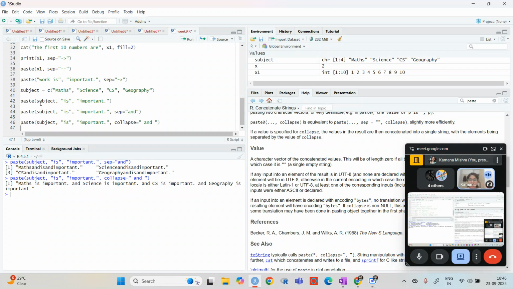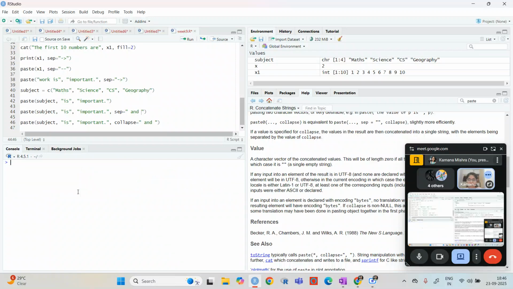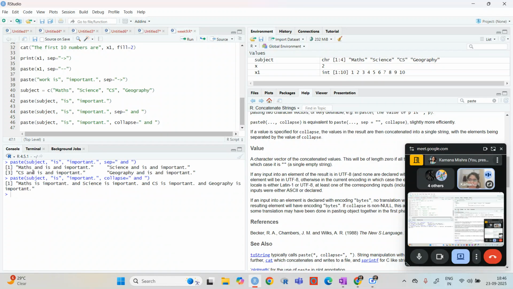So even if I do it like this, and remove all this, math and is and important, it is coming like this with the separate function. So the separate function is going to separate your words like one and then separate. So wherever there is basically a change, it is going to separate like this.